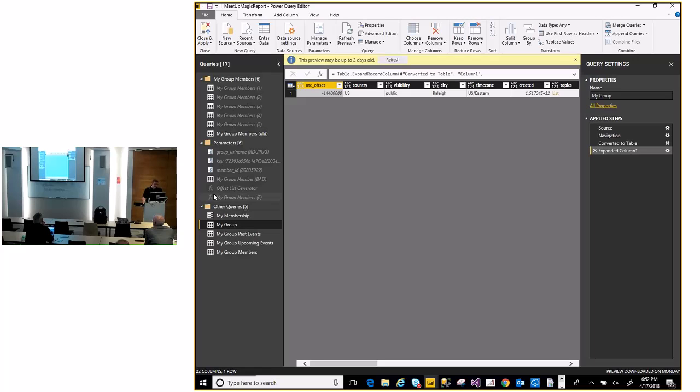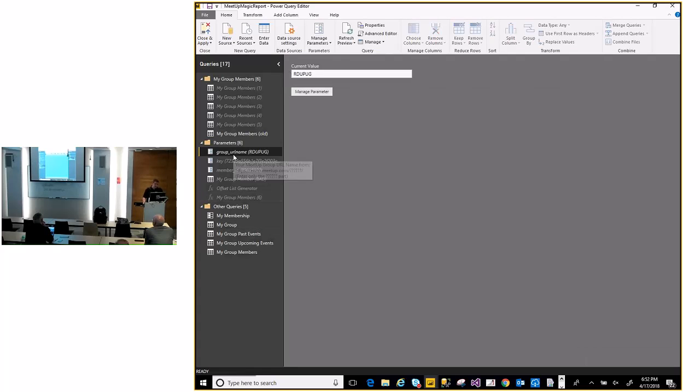I've taken in 3 parameters, as I mentioned before. The user group name, the parameter set for that. I allow any text value here because really I can't make a list for you. You're just going to have to be able to sort that one out for yourself. Same thing with the key. You're going to enter that. And just for fun, I put in my user number, and I've got my own personal membership information showing up too as an individual. So then I pass those values and construct the string that each one of these requests forms.